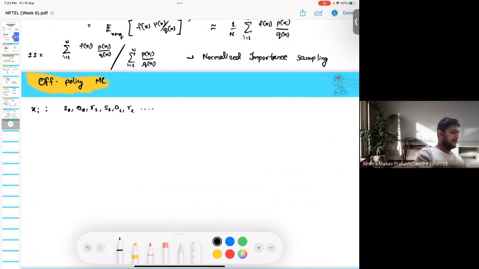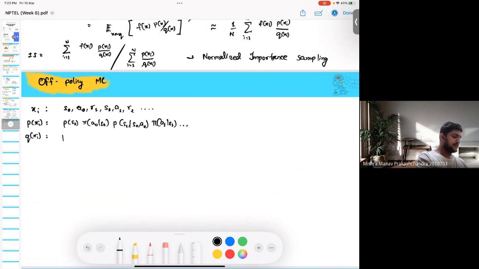So here P of xi is basically the probability of me actually following that trajectory. That is given by a chain rule: you take probability of S0, pi of A0 given S0, then P of S1 given S0 A0, pi of A1 given S1, and so on. Okay. And similarly, my Q of xi